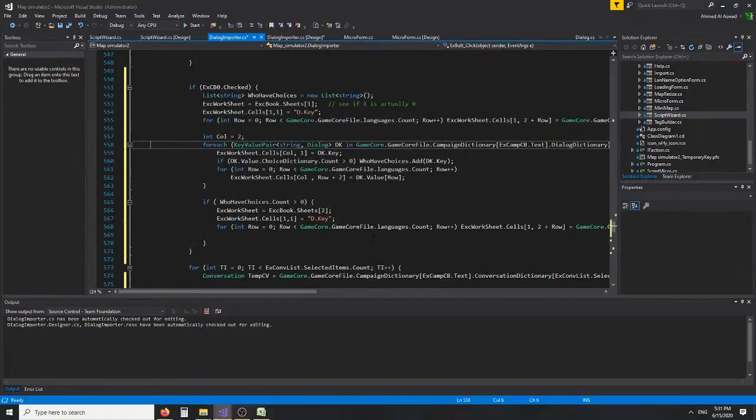So here, one, one is D sharp, and one, two